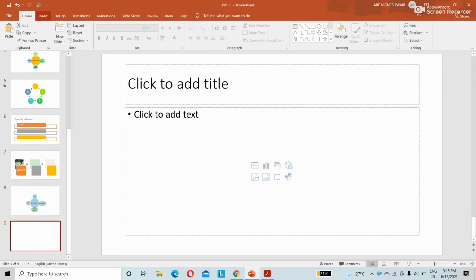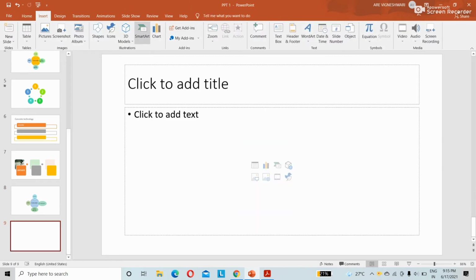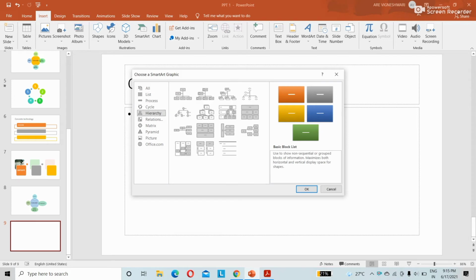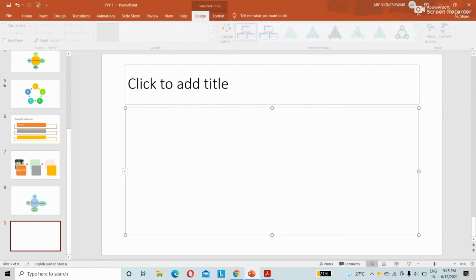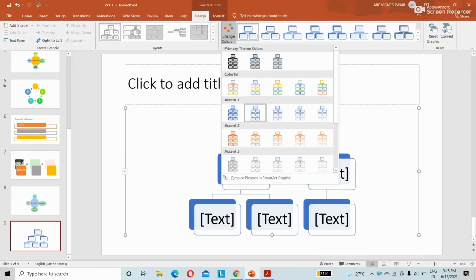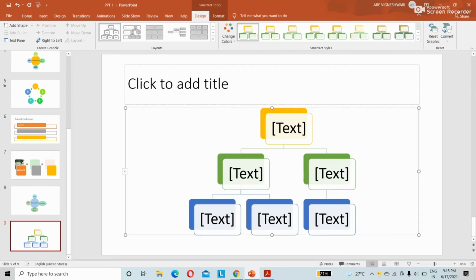So we'll see the other formats. Smart art, hierarchy. You have different formats here, different smart art graphics. I am randomly selecting one, and go to change colors and change the required color, and you can write hierarchy-wise, from top to bottom.